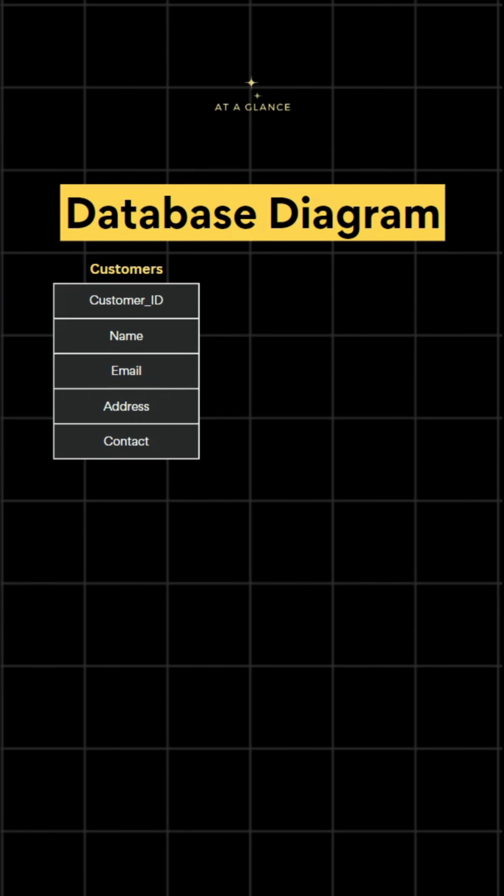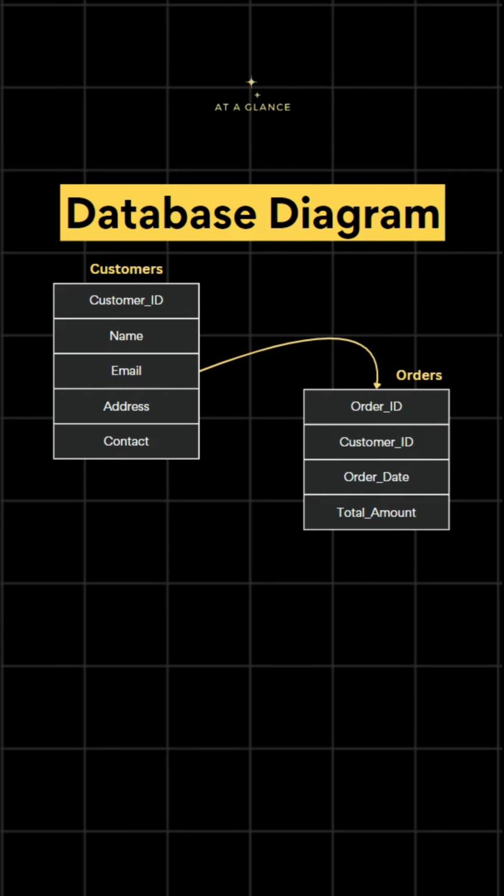Now, what if the customer places an order? So, we will also require one more table which will store all the information related to that particular order which the customer places. So, therefore, we have the next element that is the orders table. Here we have a relationship between the customers table and the orders table. You can see the orders table consists of